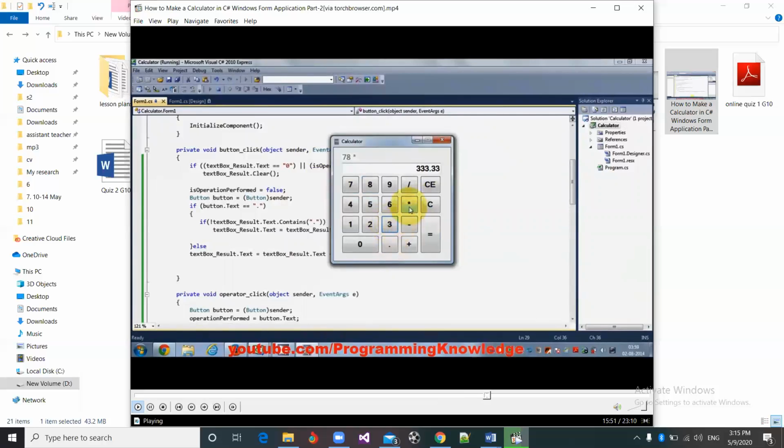333.33 multiplied by 6 gives us the correct result, or 12.98 plus 55555 gives us the result. For example, I divide something by 0, so clear 9 divided by 0, which will give infinity. Okay, it gives that. So basically our